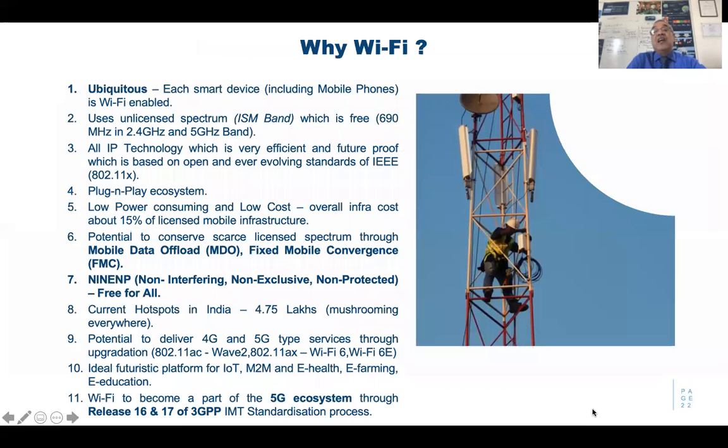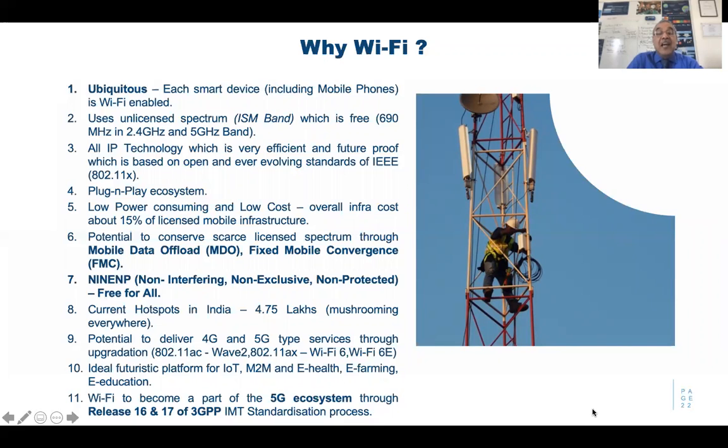And why Wi-Fi? Of course, I think we can even skip this. Wi-Fi has become ubiquitous now. A lot of bands are open now, even 5 gigahertz, 690 megahertz spectrum is available free, license exempt. And also you can use it for MNO, fixed mobile convergence. And you can provide 5G type of services by using this unlicensed band, by using IEEE 802.11 AC Wave 2,